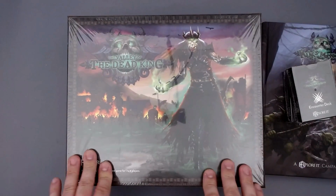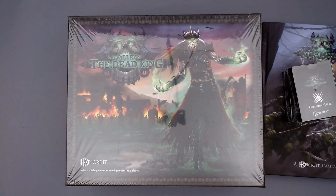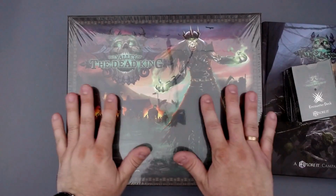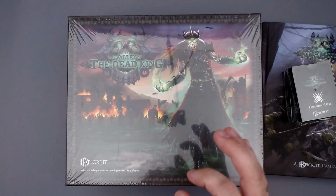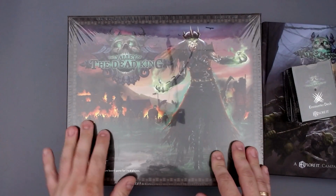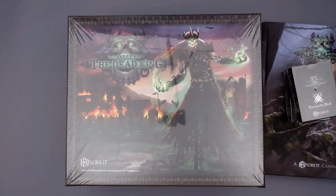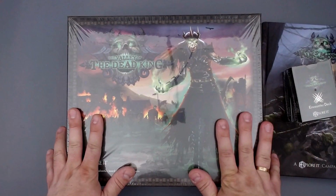And as you know, each month my Patreons can suggest games that I should play through, and the community, meaning you, can all vote on which of these games I should play. And last time the Valley of the Dead King from the HEXplore It series won, and this was impossible to get here in Germany. Seriously, impossible. There was 1 copy on BoardGameGeek here in Germany, but I contacted the owner twice, and I never got a response. So that's why I turned to